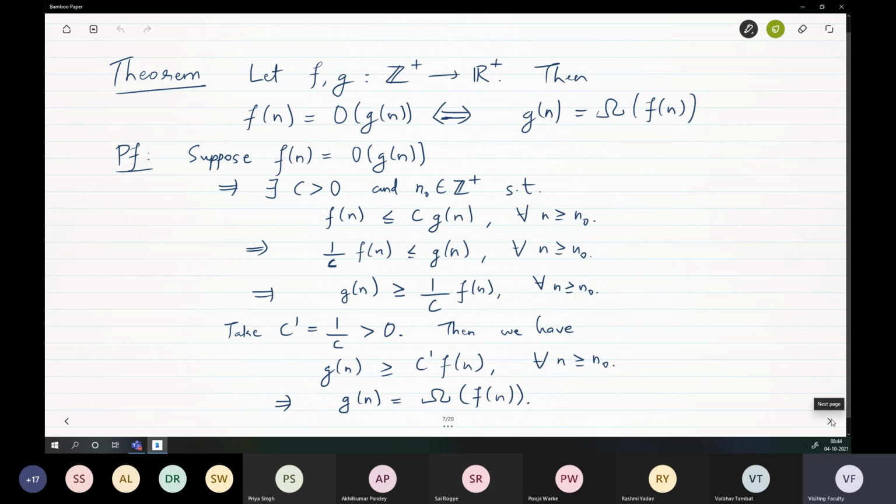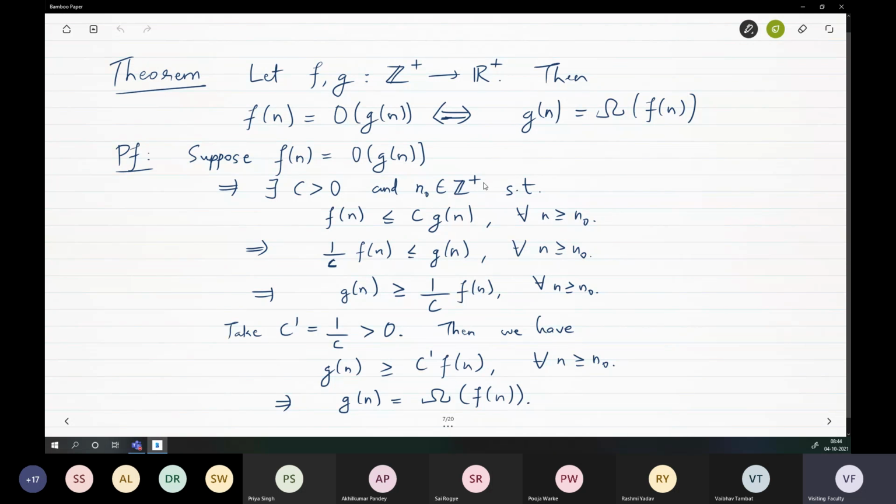Okay, so what we said was that f is big O of g if and only if g is big omega of f on the other side. That's what the definition also says. So if f is big O of g, g grows faster than f, which means g is big omega of f. That's what this is. So formally the proof is just a few lines.